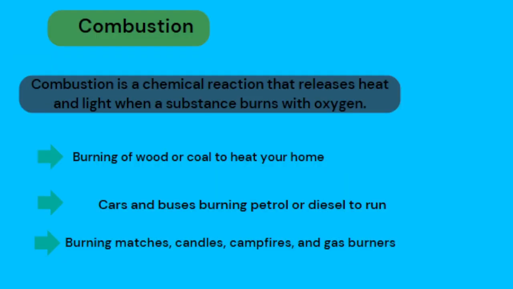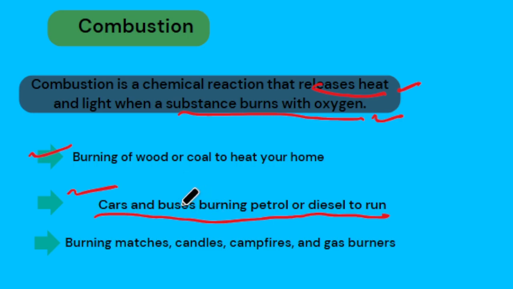Next I take combustion. What is combustion? Combustion is a chemical reaction that releases heat or light in the presence of oxygen. First example I take, burning of wood or coal to heat our home. When we burn wood, that is a chemical change. And our cars and buses use petrol or diesel to run. When petrol burns, our buses run. And next example, burning candles, matches, campfires and gas burners are all examples of chemical changes in the category of